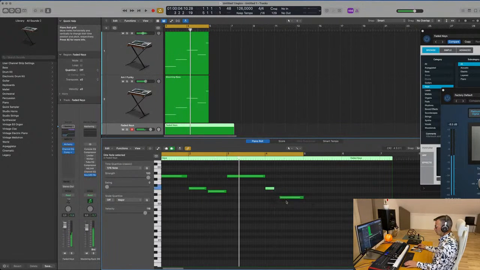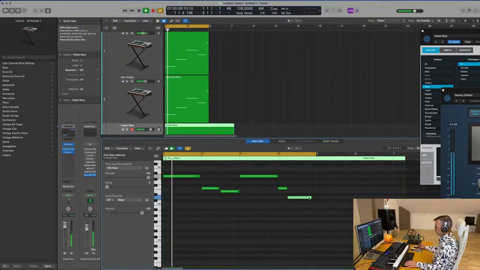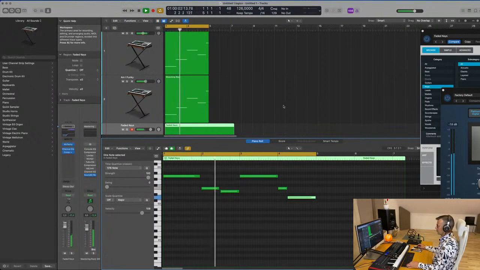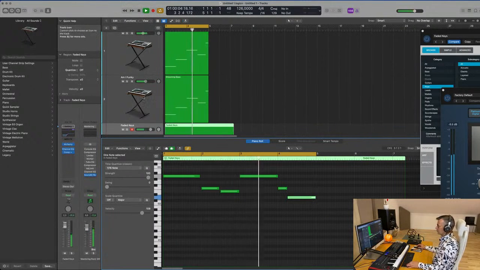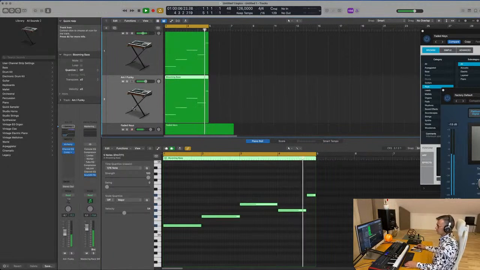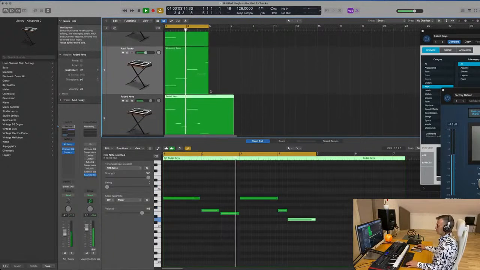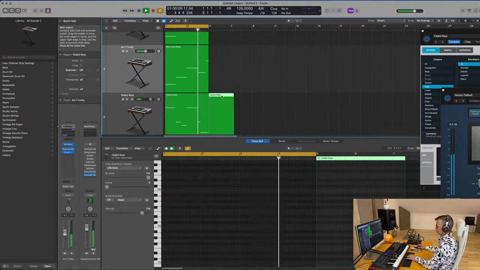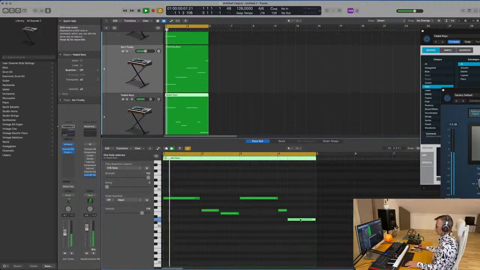Where the key change here is a bit off, so this is why it was. Now it's even more off. So